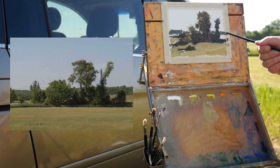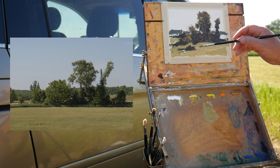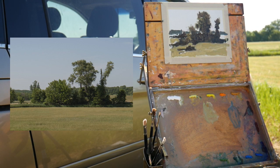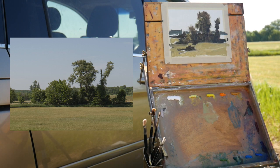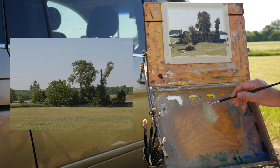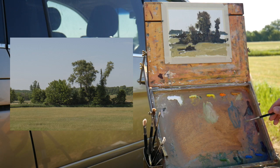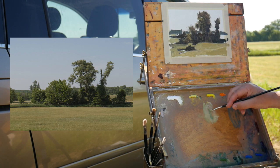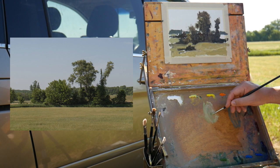So with my darks established, I want to establish a ground plane, and this is one of the most important aspects of painting: getting your overall value masses established. And I'm being pretty sloppy about it right now, but I'll clean it up as I go. My main focus is on relationships,